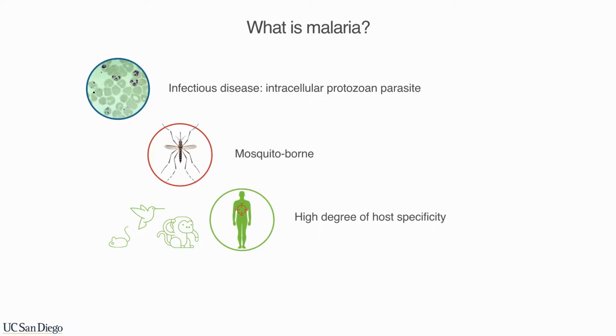And there's a high degree of specificity among mosquitoes and parasites for the host. So there's certain mosquitoes that transmit parasites to humans, others to rodents, others to birds, and they're highly specific. And that's a good thing from the malaria eradication profile. For example, other diseases like Chagas disease, which are transmitted by sandflies, and sadly are not so host-specific. So the sandfly can bite any mammal and transmit the parasite. In that case, it's a different kind, but it's a trypanosome parasite, but it can transmit it to all those different species. And so that's a much, much more difficult problem, obviously, to face than one that is so uniquely